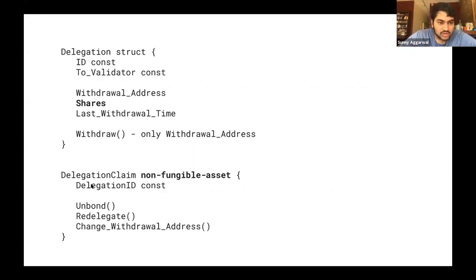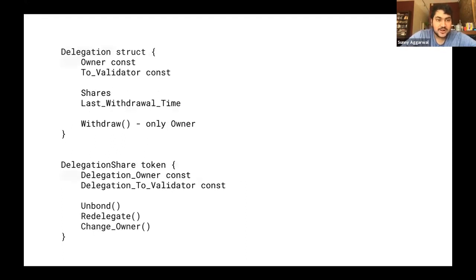Okay, so great. We're almost done. The only problem is that it's still a non-fungible asset, not because the withdrawal address matters anymore, but just because the shares are different, right? Let's say Alice has delegated 100 atoms and Charlie has delegated 50 atoms. Obviously, their delegations are not worth the same amount, and thus their delegation claims can't be worth the same amount. So to make this fungible, we want to turn these into tokens. And so what we can do is the final iteration of this